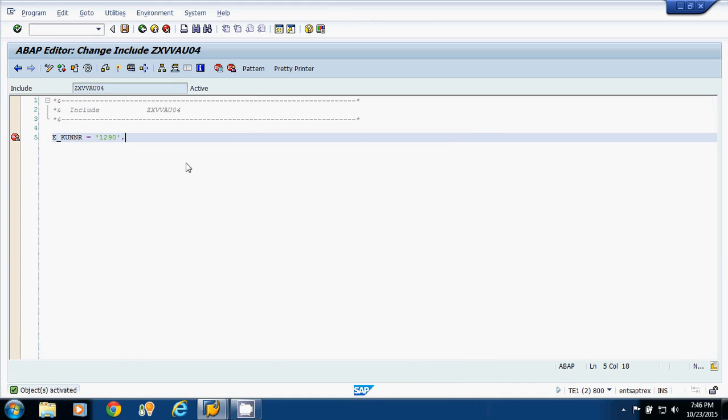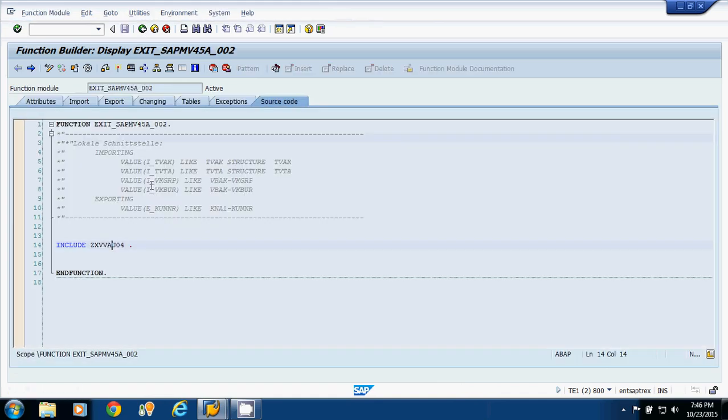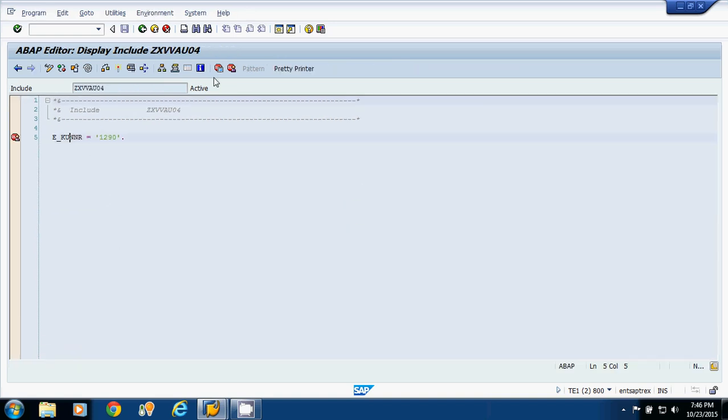Now what I have done, I have written the logic in the Z include, means in customer namespace, but we are fulfilling our requirement according to the customer in SAP transaction code VA01. Now I will put the breakpoint here.